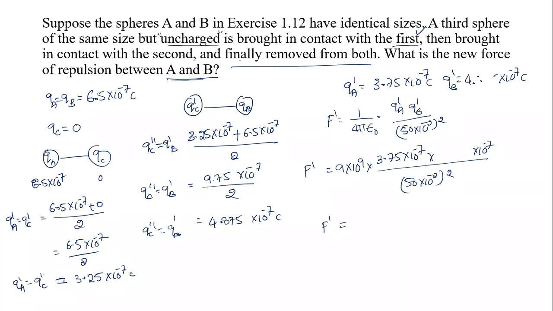QB is 4.875, and this is also 4.875. Yes, now it is correct. One answer I got from Srishti, that is 0.00599. Srishti, we have made a mistake in the calculation. With the corrected calculation, this answer is correct: 0.00599.